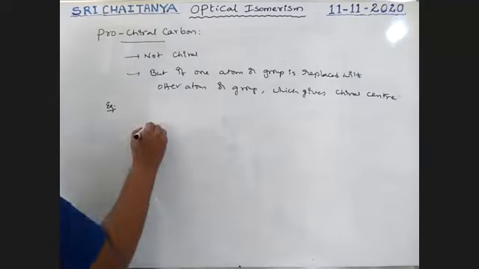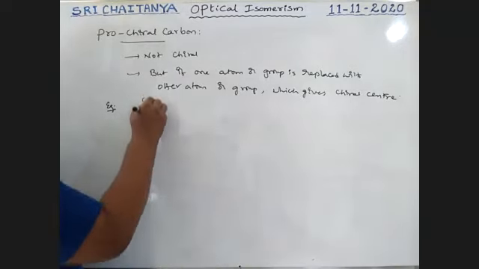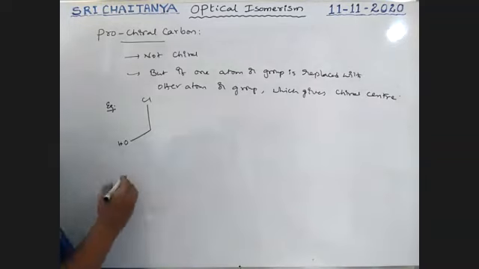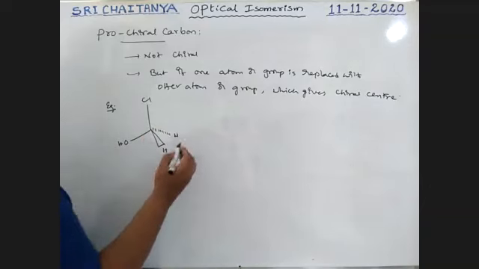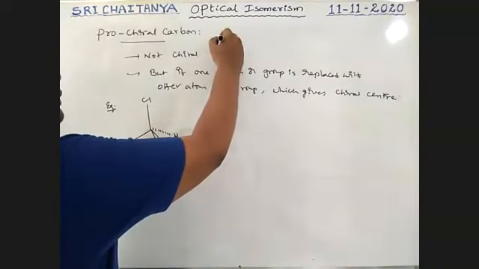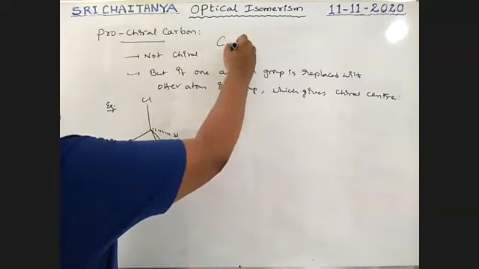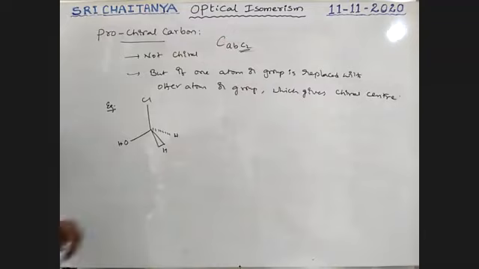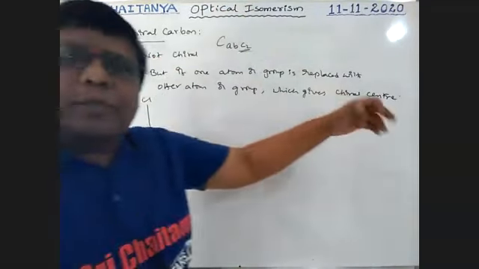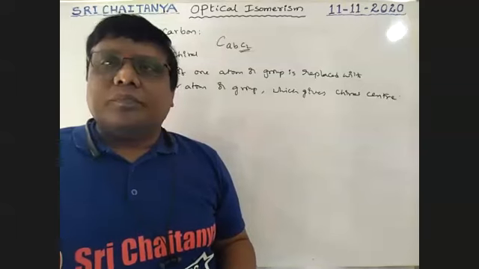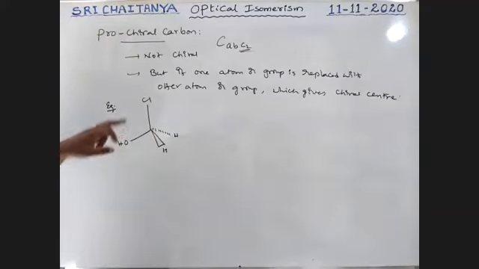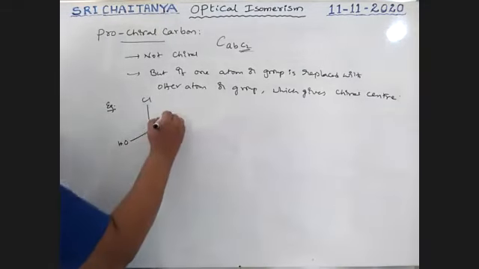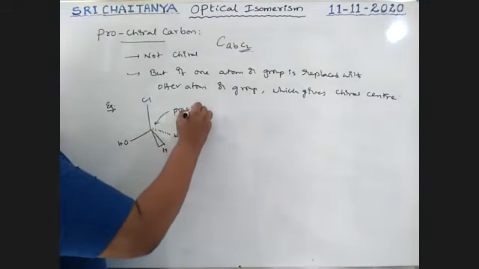See here, boys. This is chlorine. This is OH. This is hydrogen. This is hydrogen, boys. It is of the type CABC2, so 2 groups are the same. If one of those 2 groups is replaced with another one other than A, B, C, that becomes a chiral center, boys. So now one of these hydrogens is replaced. This is prochiral.